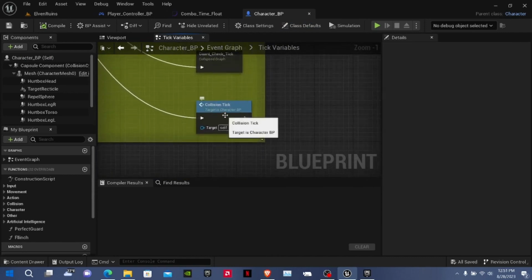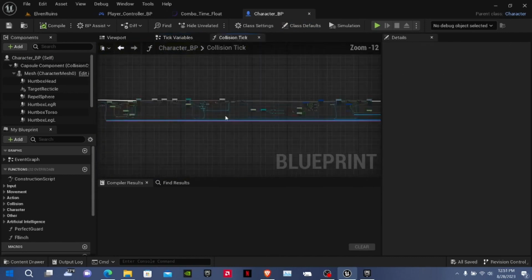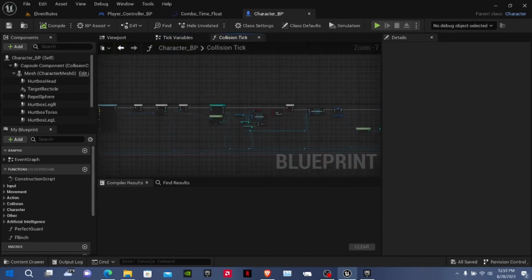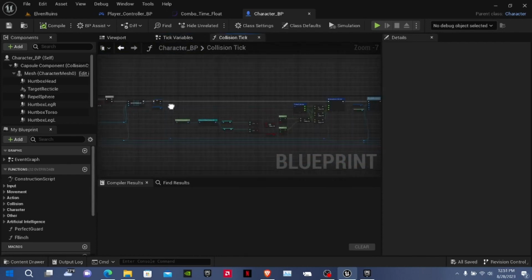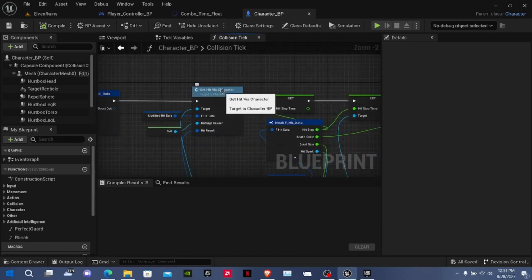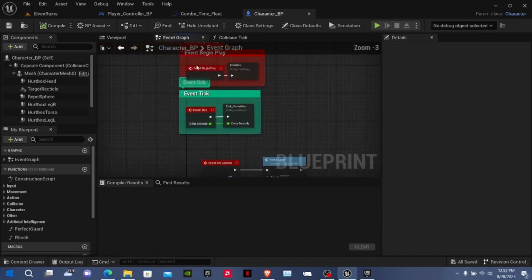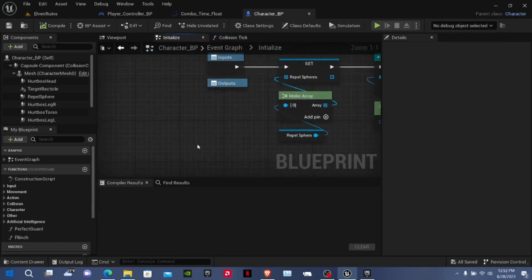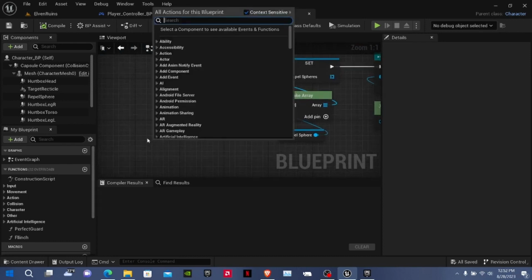What we need to do is choose collision tick, and inside our collision tick, we're looking for this, because that's what we're going to be using. But before we do that,